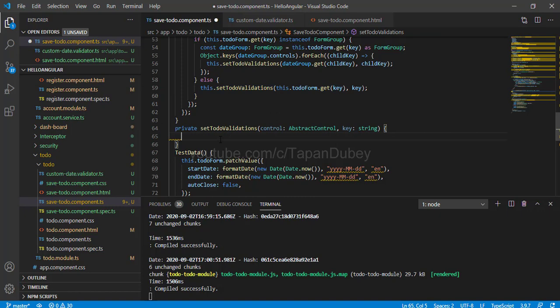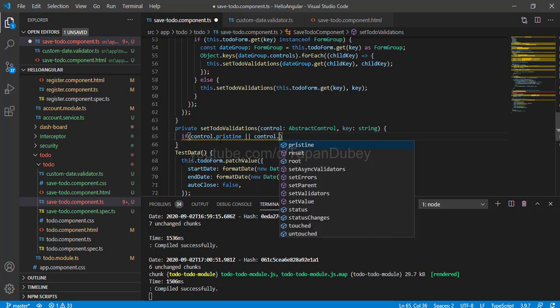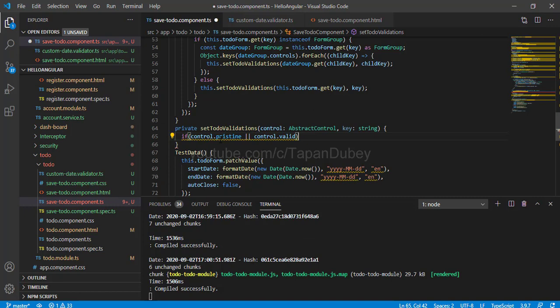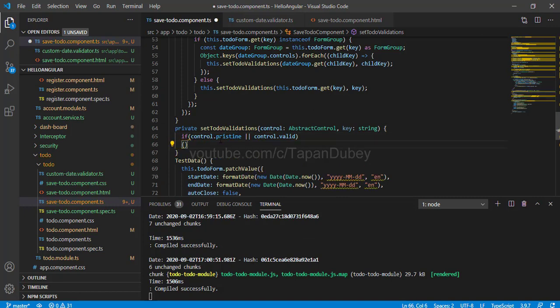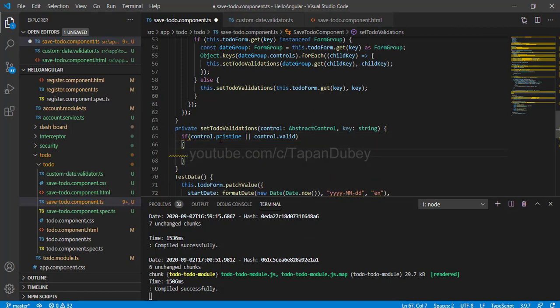So the first thing I'm going to check is if control.pristine, which means we don't have any change in the control, or I'm checking if control is valid. So let me add valid. If control is pristine or control is valid, then I want to set my validator object's error message property for that particular control to be an empty string. So let's add this